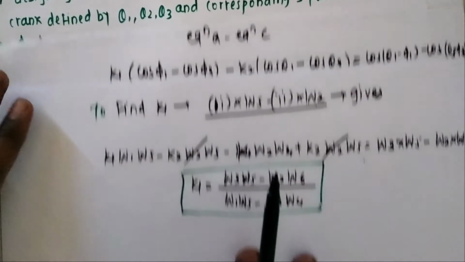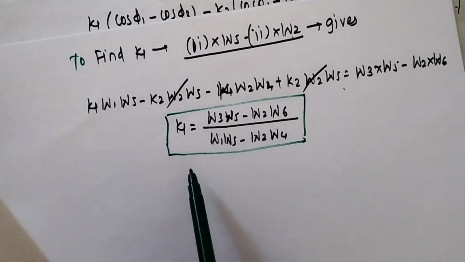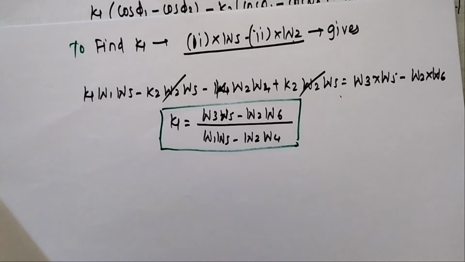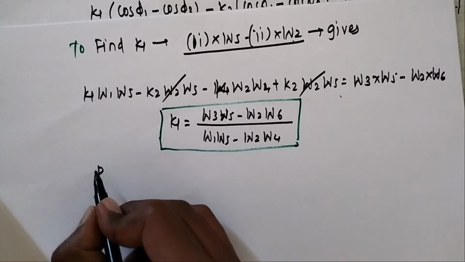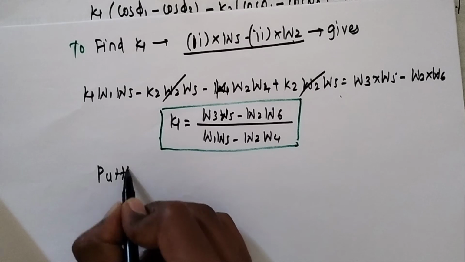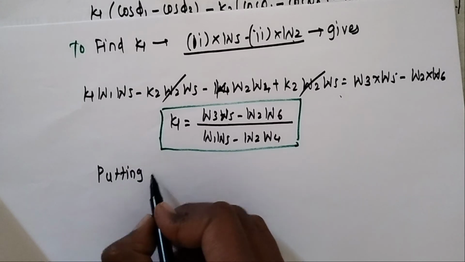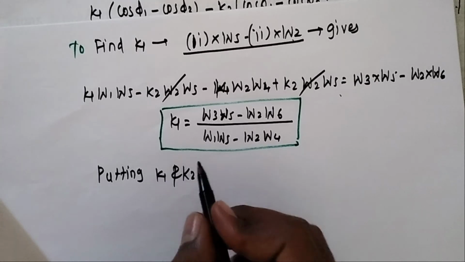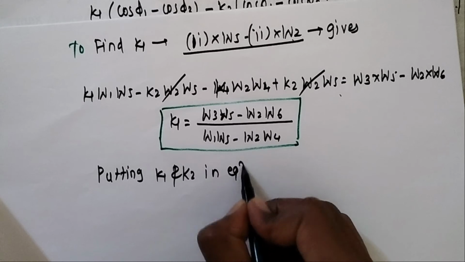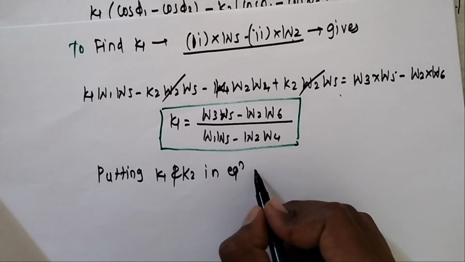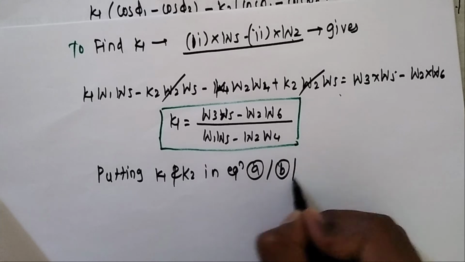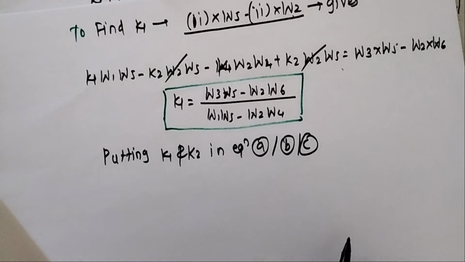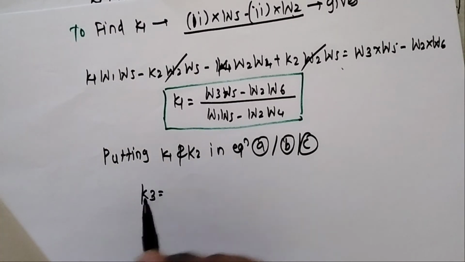So to find K3, when K1 and K2 are known to you, we put K1 and K2 in the equation, either A or B or C, any one equation, and we get the value of K3. So K3 is equal to, if I put in any particular equation, we will not write 1, 2, 3, but we will write